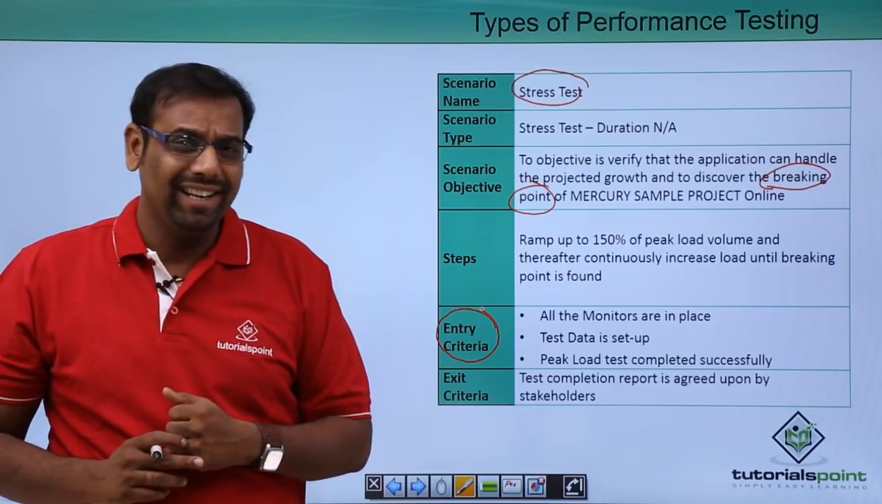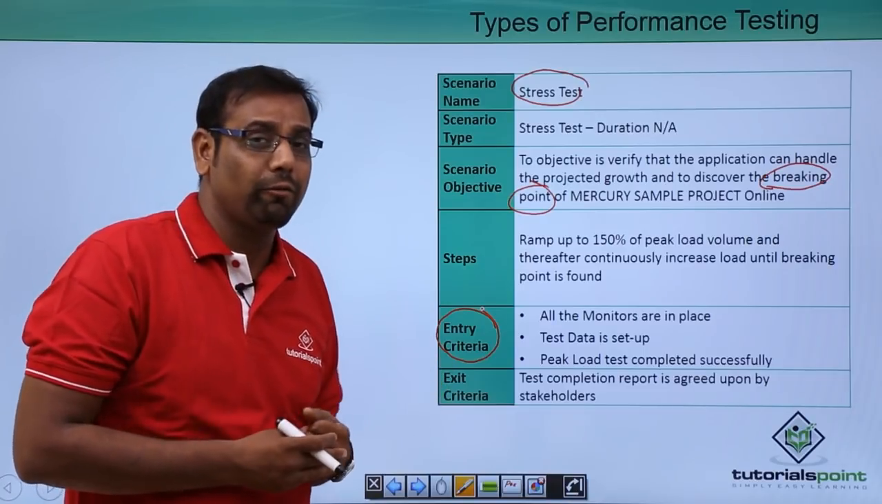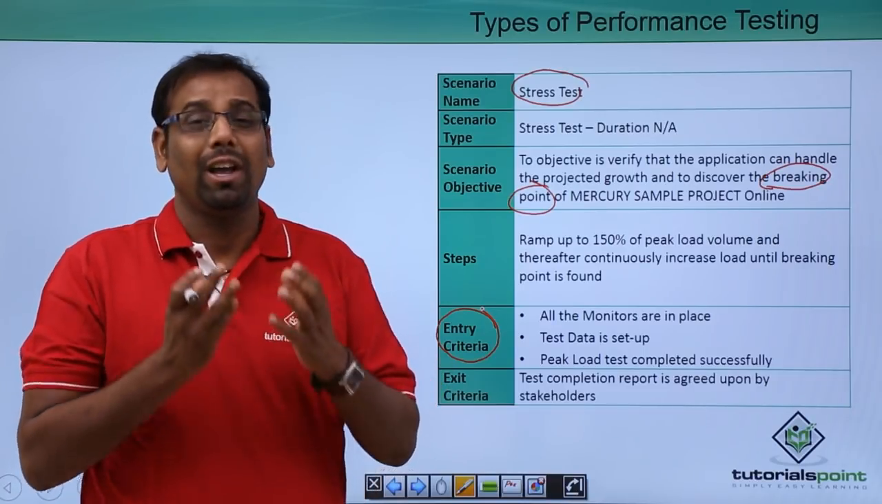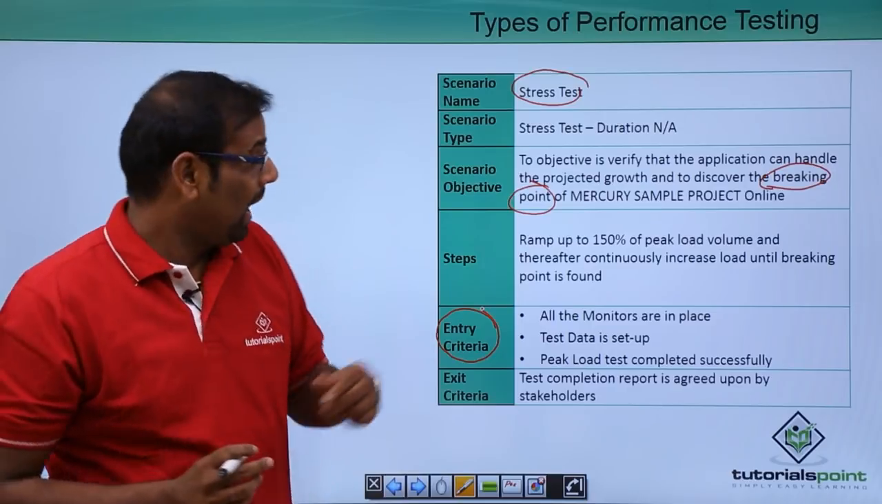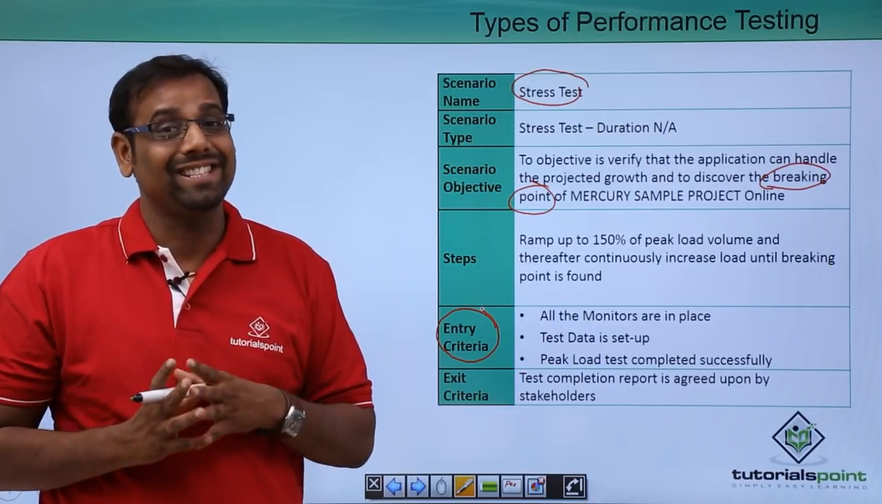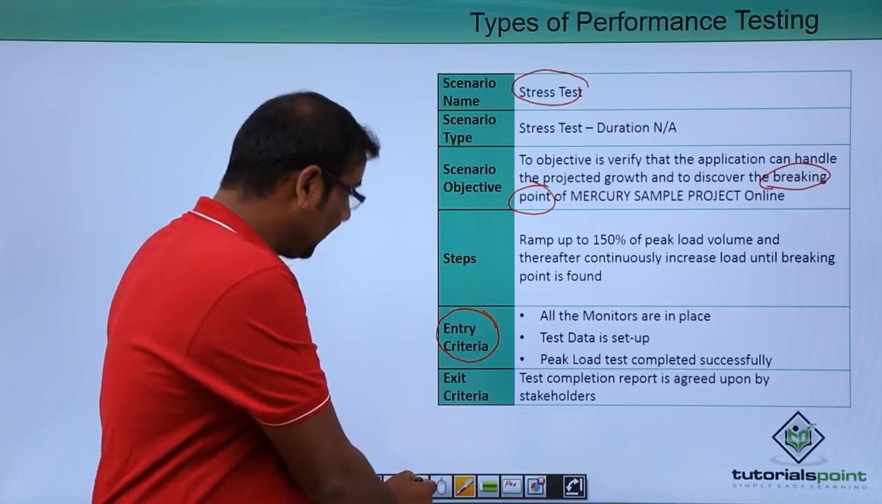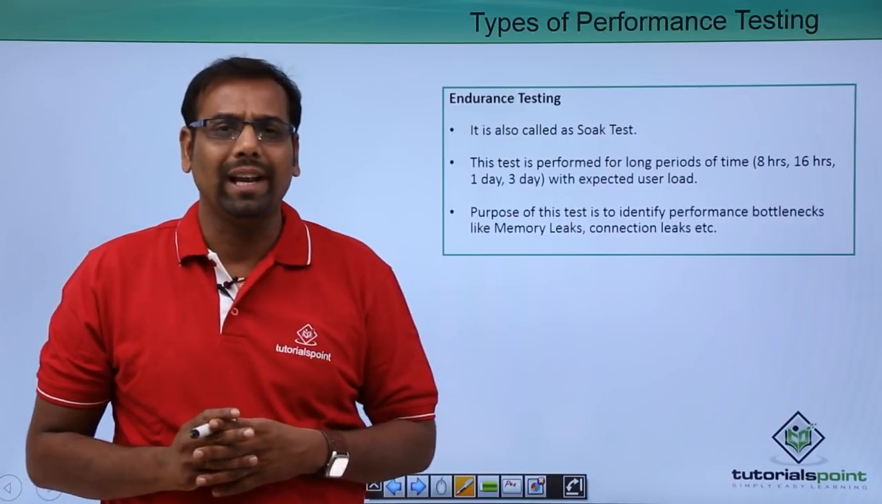And what is the exit criteria, guys? You create the completion report and make sure you get a sign off from your client. This is what a stress test is for you, and my little example over here probably would have helped you understand this stress test better. Now we're going to look at the third test, which we call an